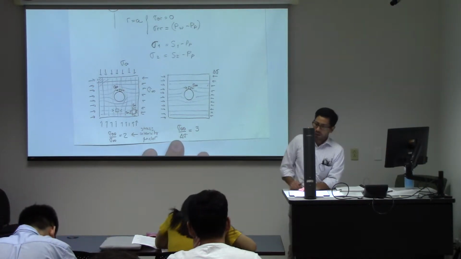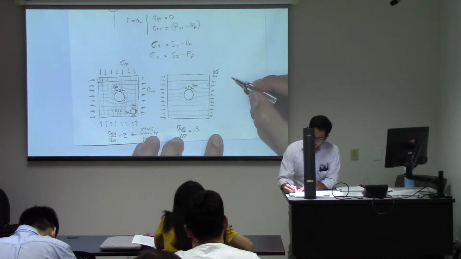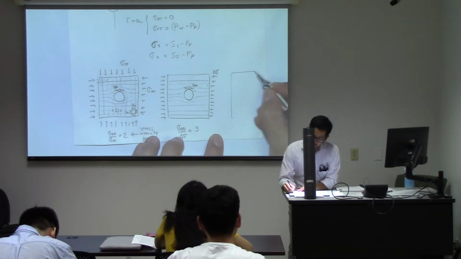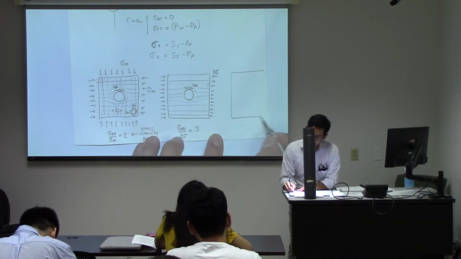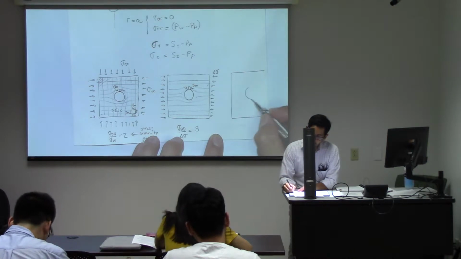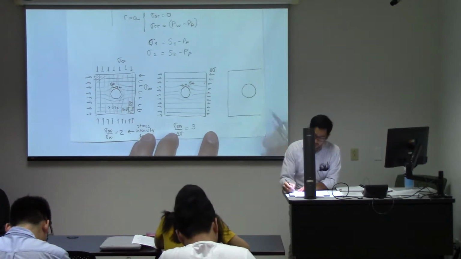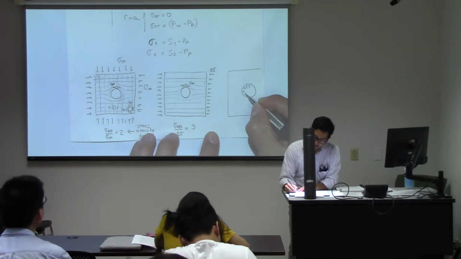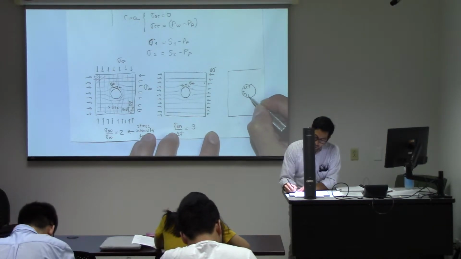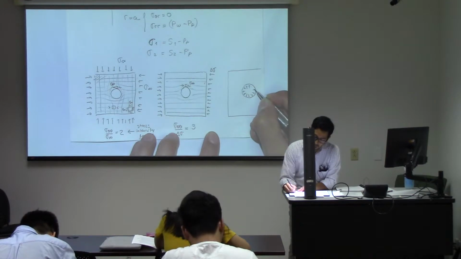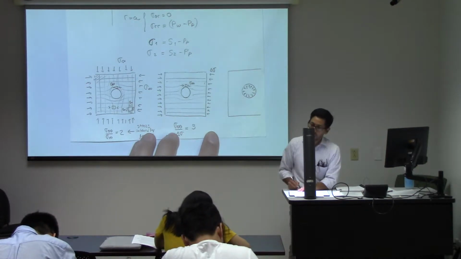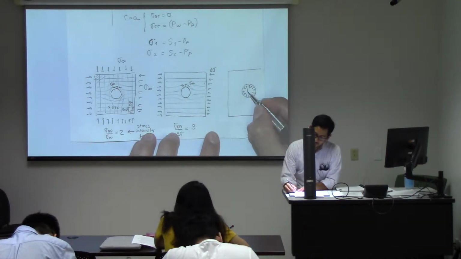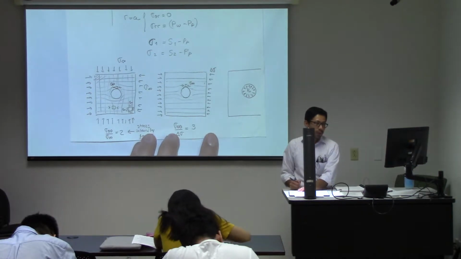And last, I'm going to just draw a section of it, but if you have a wellbore that is subjected to internal pressure, let's assume that the solid that we're dealing with is impermeable, so there are no fluids that can go through. If we have here a pressure PW,